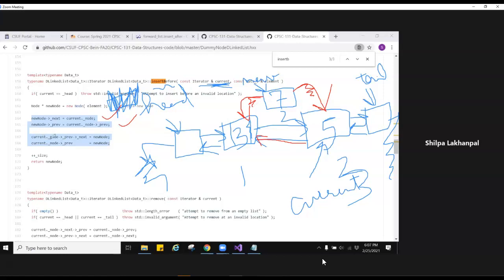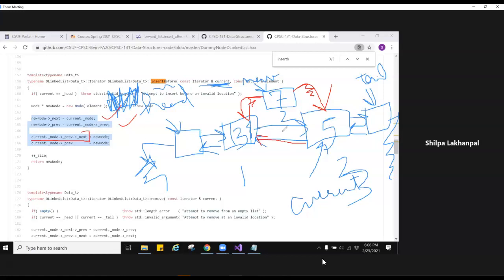Then you have current node's. Look at this complicated code over here. So many indirections over here. So current node, that is the 5. 5's previous is 3. 3's next is again 5. But 3's next is actually, we want to get that pointer.